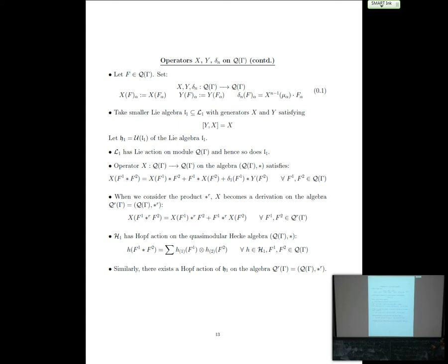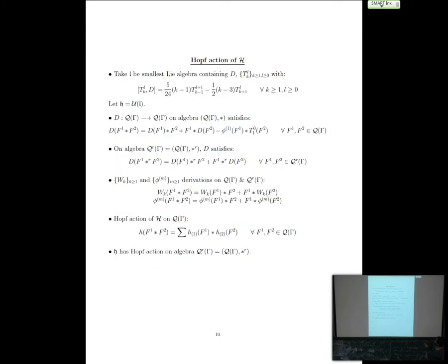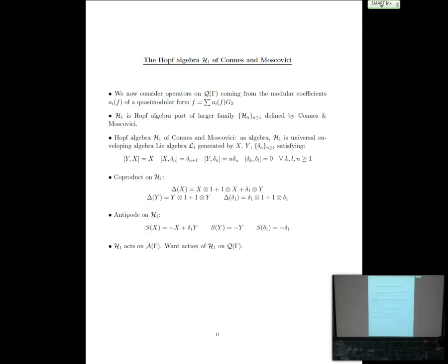And this L1, obviously, because the operators are constructed that way, has a Lie action on the module Q gamma, the quasi-modular thing Q gamma, and so obviously it does the smaller Lie algebra. And if you explicitly write them down, it is this one. So the operator x on this algebra satisfies xf1f2, plus this extra term that comes in, and again this is supposed to be the parallel of this formula, this one. In this case, the differential operator satisfies this formula,